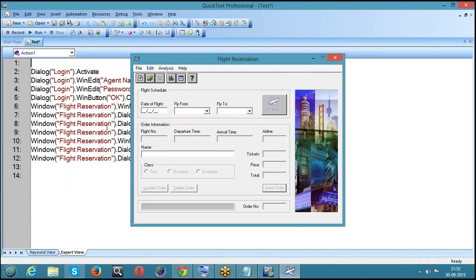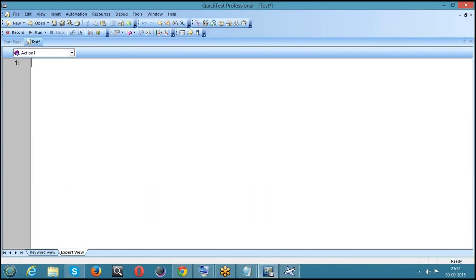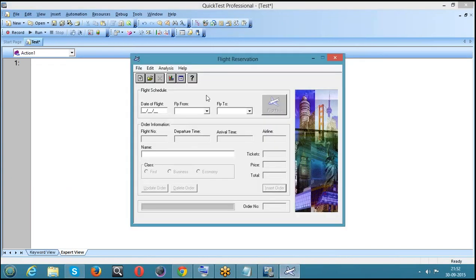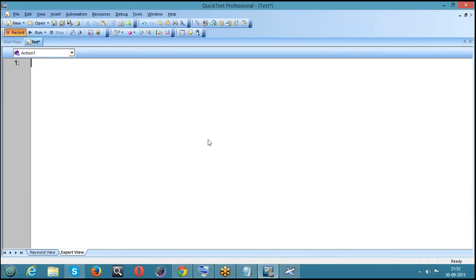And the major thing, just have a look at this. The major thing you need to observe about your standard recording is this.